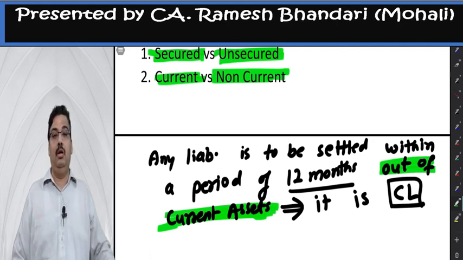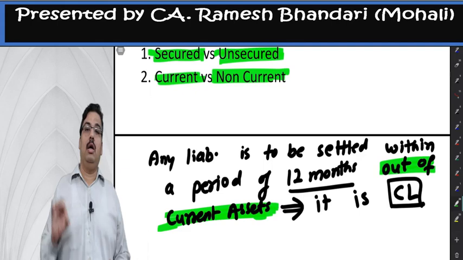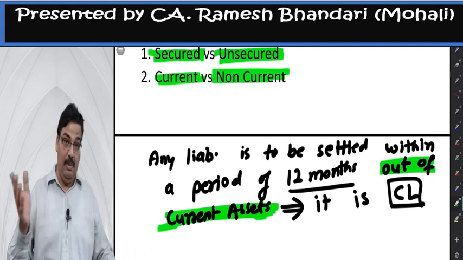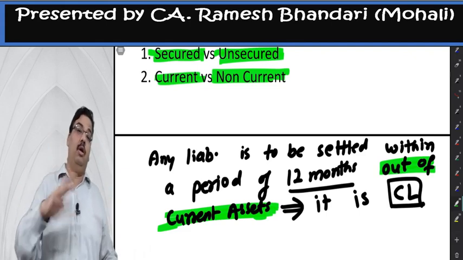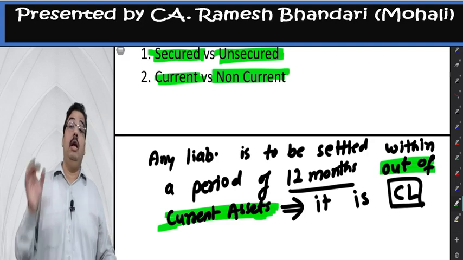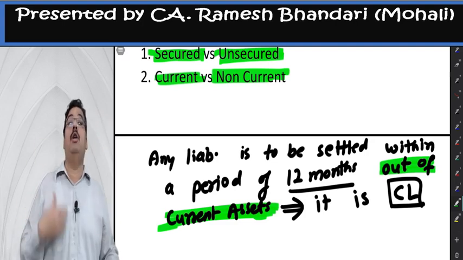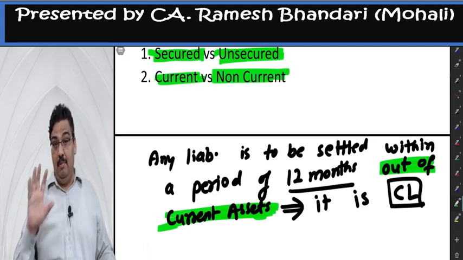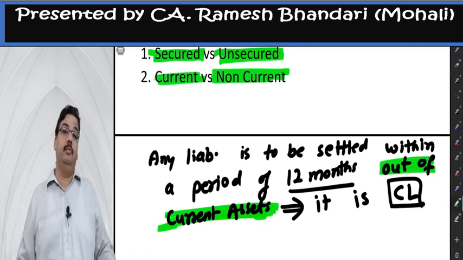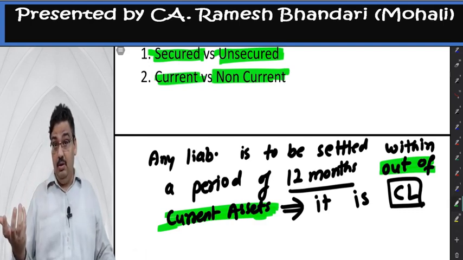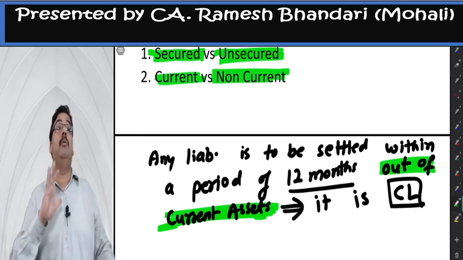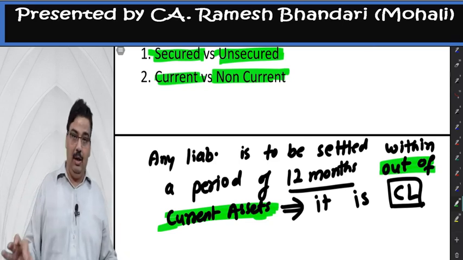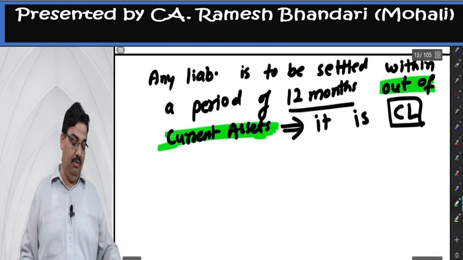Like convertible debentures, convertible after 6 months from today, in today's balance sheet it is still a non-current liability, because they are to be converted into equity shares and not paid out of current assets. So when they are not to be paid out of current assets, they remain non-current liability. If they are to be paid in cash, the portion which is to be paid in cash becomes a current liability. I am talking from an analyst's point of view. We are analysts. So be sure what is current and what is non-current. That is the important classification we need to make.